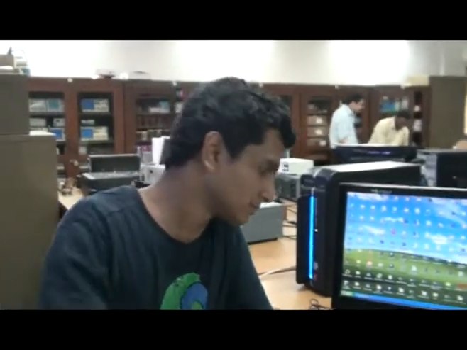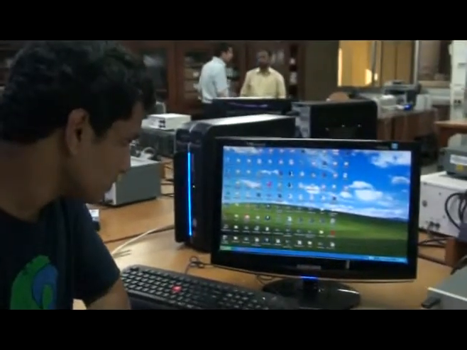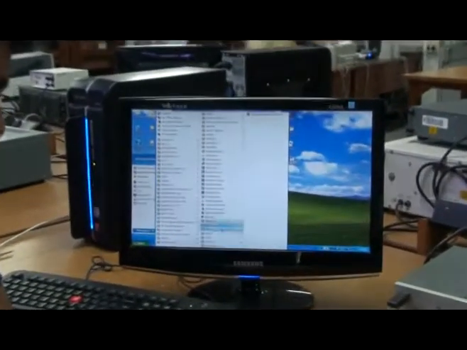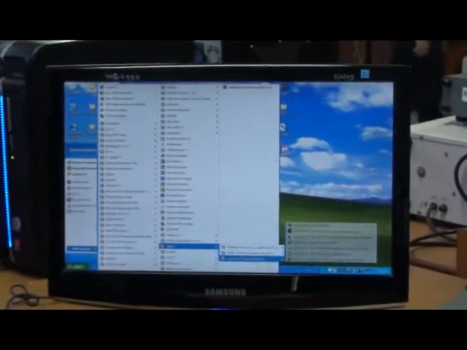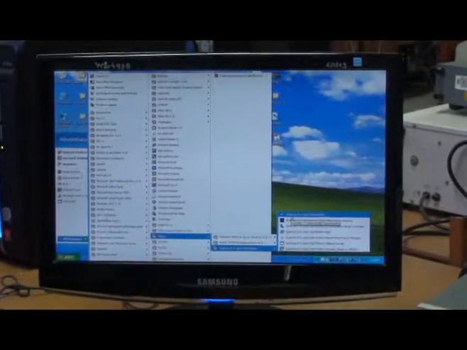Now, let us start the programming procedure, first by using Altera Quartus for generating the required device file, and then using JTAG to program the file into the device. First, start the Altera Quartus 2 web edition.